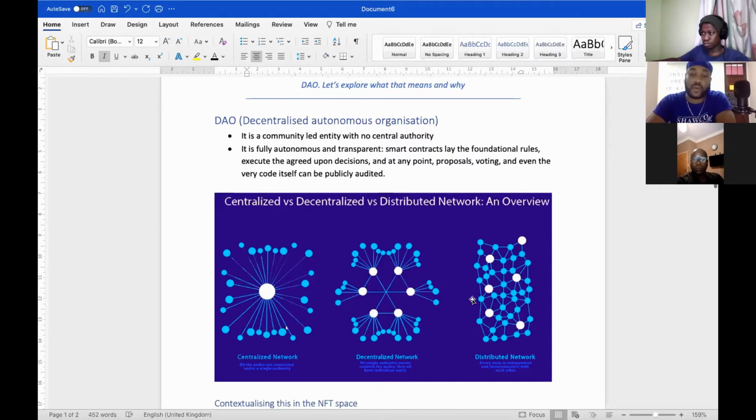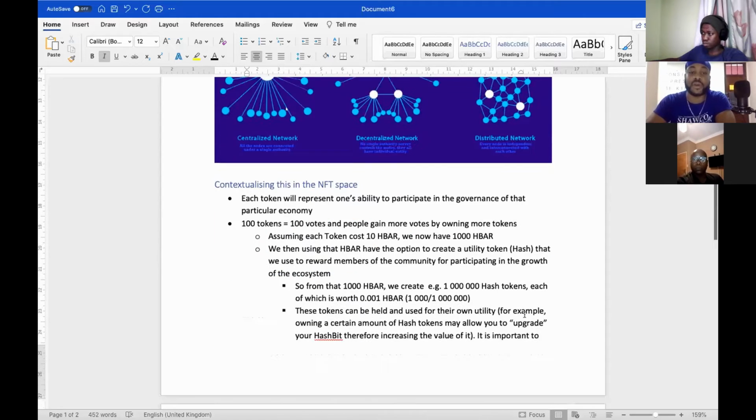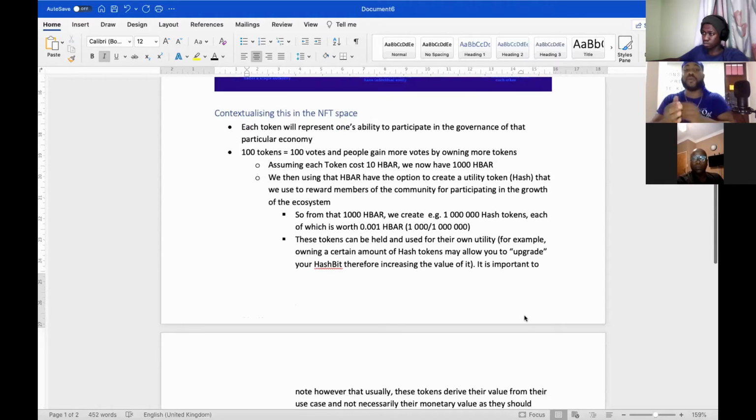Distributed network, rather similar, but these work all independently and then connect with each other, for different reasons, but I don't think it's too important for the context of this presentation. It's just there for completeness' sake. So cool. When we contextualize this to the NFT space,